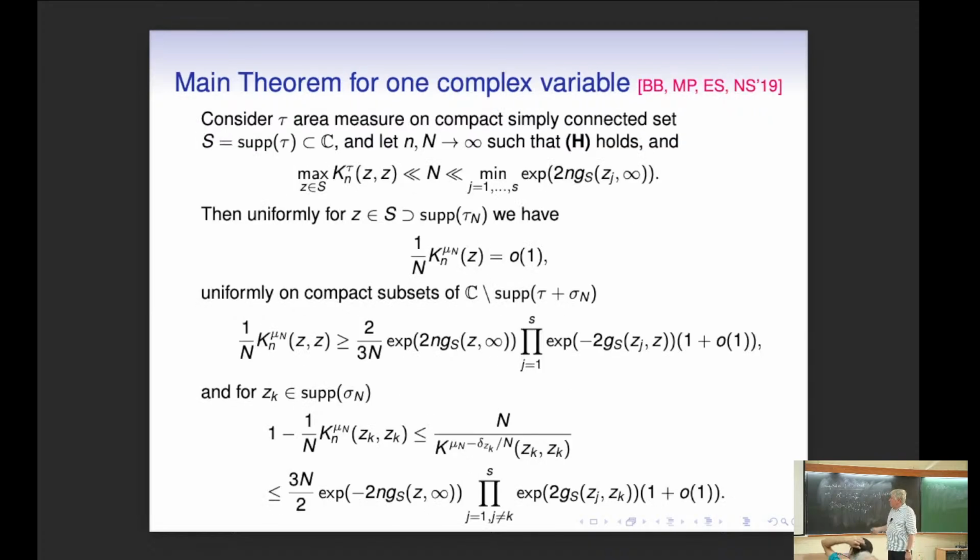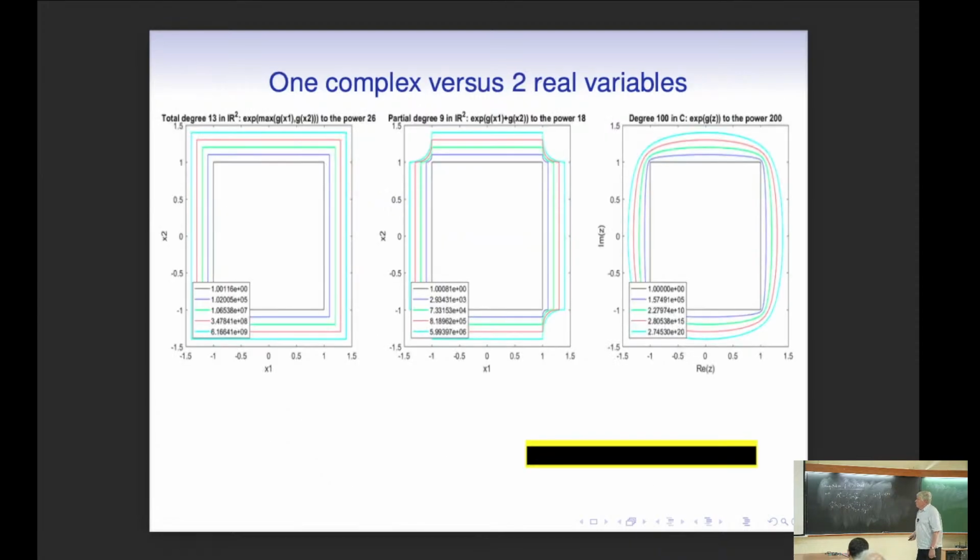And I show you a little here what is going on in one complex variable. Of course, we have potential theory there, the Green function, and then you have super good estimates of the level sets of the decay or the growth of the kernel. You remember that, for instance, this quantity will go to the absolutely continuous part of the measure. And a little toy experiment.